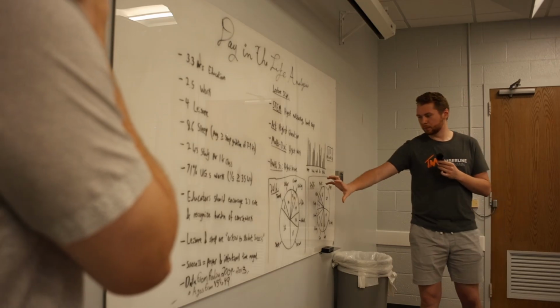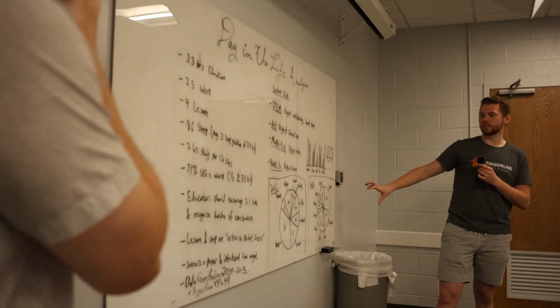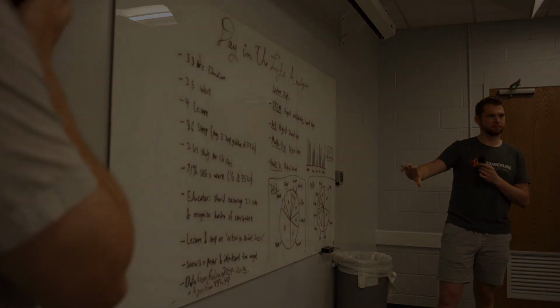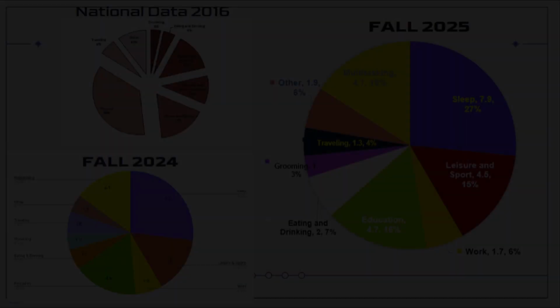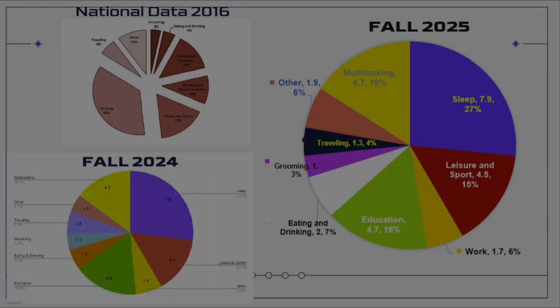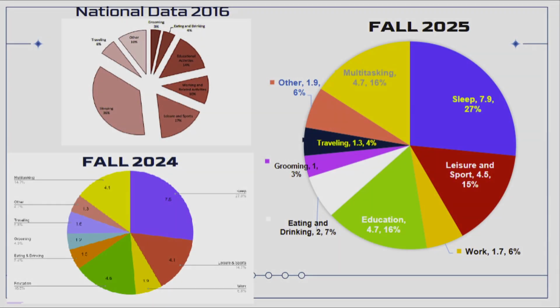And then down here we have two pie charts from the lecture slides that are emphasizing the evolution over time. But to preface these percentages, which are the numbers inside of the pie chart, the 2016 data does not include a multitasking category. So even though things like sleep are different between the two, you have to consider where that multitasking might actually double count. Multitasking wouldn't really add or subtract anything from sleep because you're obviously not multitasking when you're sleeping.